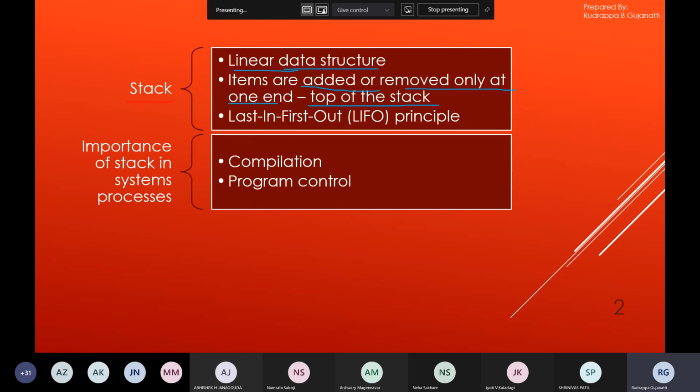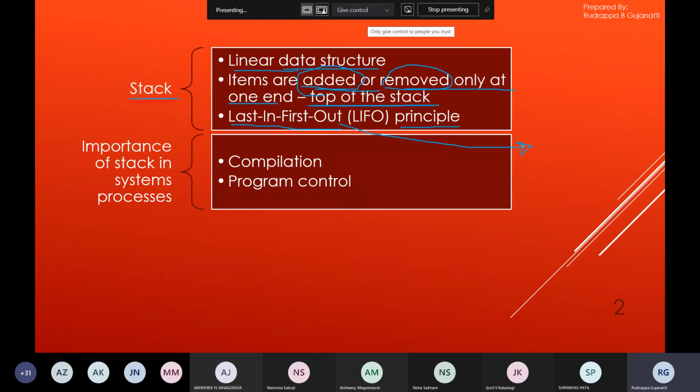We can either add or remove data from one end of the stack, which is termed as the top of the stack. And the principle on which the stack operates is last in, first out. So what does this imply?